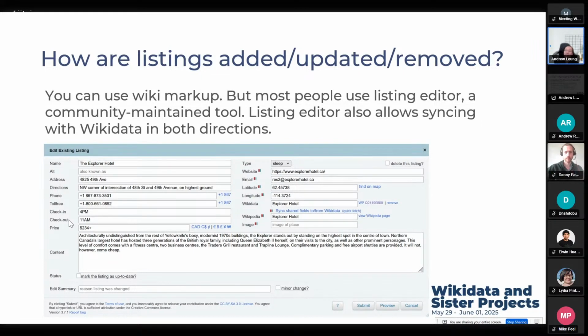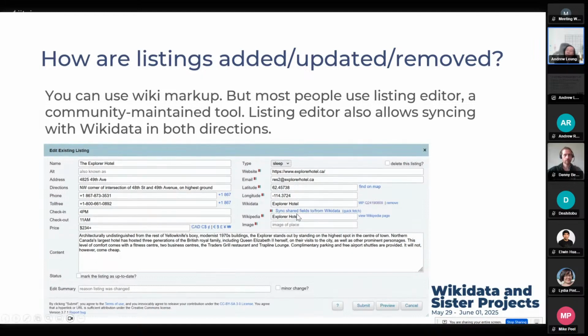But on the other hand, you definitely would have price across most of these attractions, hotels, restaurants, etc. We also have, for example, the website, the contact email, phone numbers, latitude and longitude, as well as a Wikipedia page if there is one. Some of the really famous restaurants or really popular attractions and hotels might also have a Wikipedia entry.